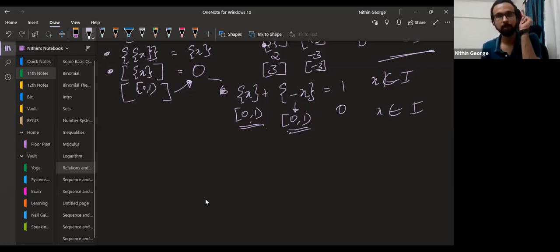So when do we get fractional part of x as 0 and fractional part of minus x as 0? When the x inputted is an integer. So that's why you're getting 0 here. Now when it's not an integer, you get 1. Just figure that out on your own. You know it's a value between 0 and 1, and it's a value between 0 and 1. So for sure, you won't get negative values. Figure out how you get 1.